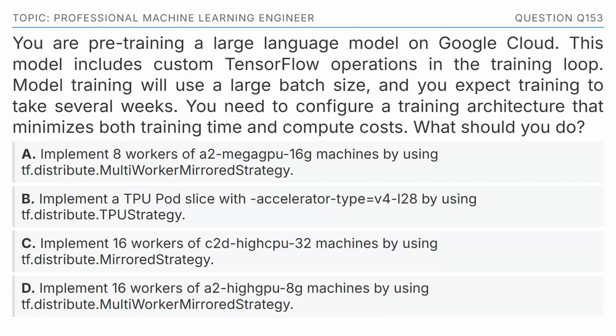You are pre-training a large language model on Google Cloud. This model includes custom TensorFlow operations in the training loop. Model training will use a large batch size, and you expect training to take several weeks. You need to configure a training architecture that minimizes both training time and compute costs. What should you do? The options are: Option A, implement 8 workers of A2 megagpu 16G machines by using